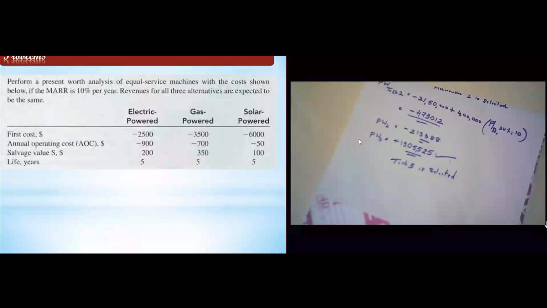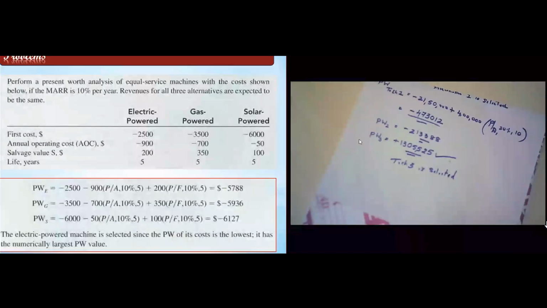Since they have already given the sign convention, we will take the signs according to the components which they have given, and then we will be calculating the value. So I have the solution to this also. As it is, we have taken the signs and we have calculated